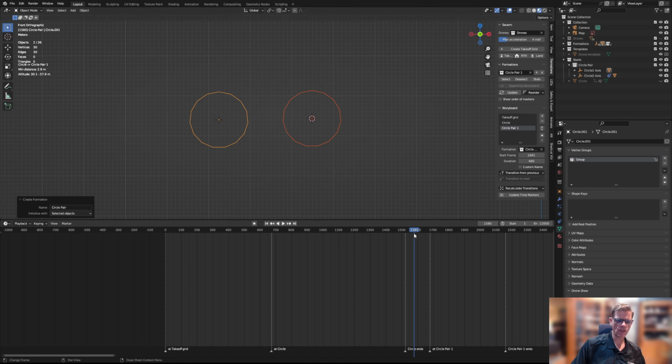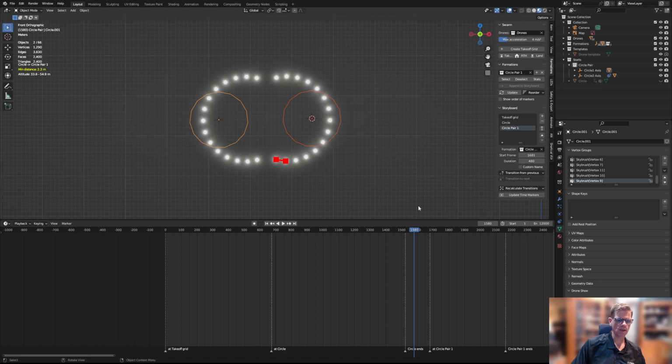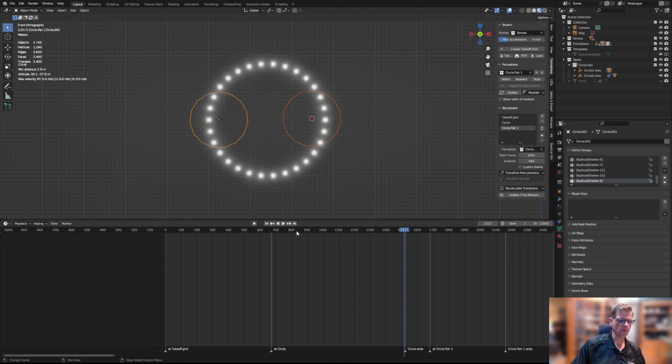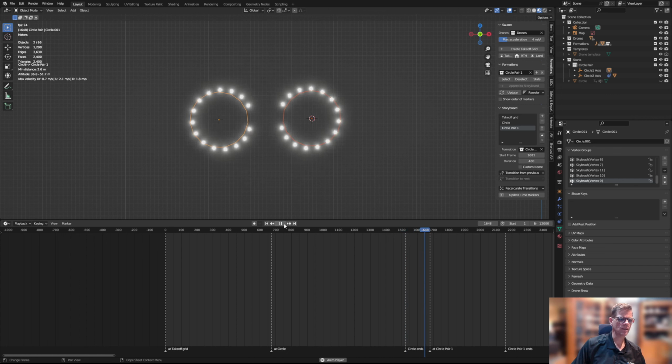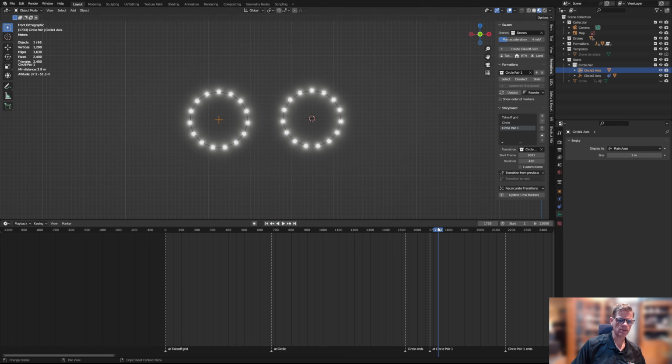Update time markers, a lot less time to transition to this formation for sure. And recalculate transitions. And now when I turn the drones on, ooh, we can already see that's a cool transition. We can now see that that circle collapses now into our pair of two circles. So that's awesome. So now what we can do is we can take this